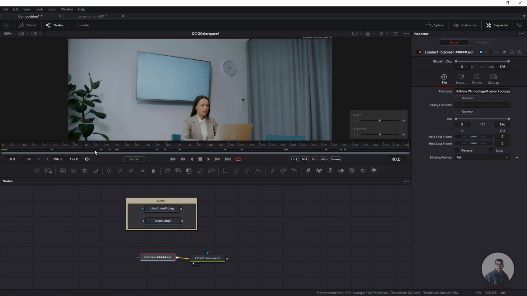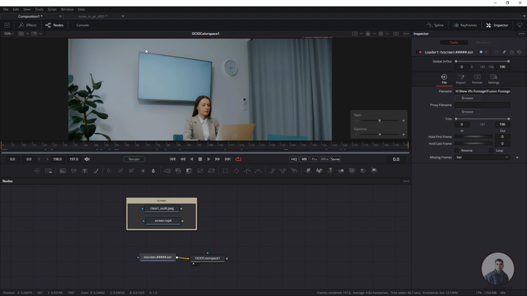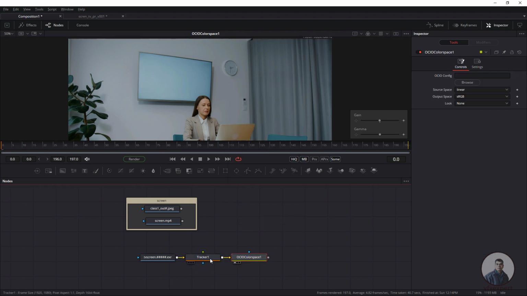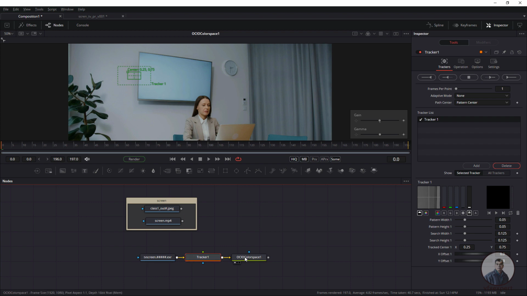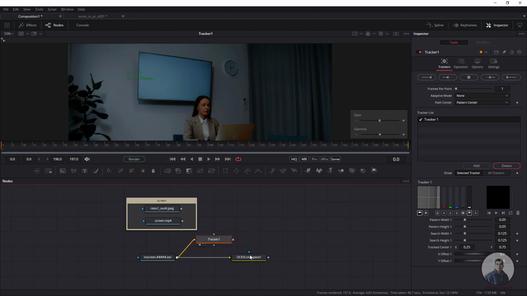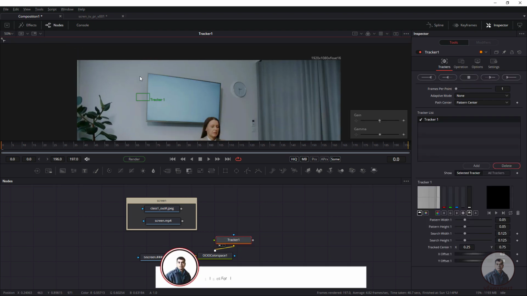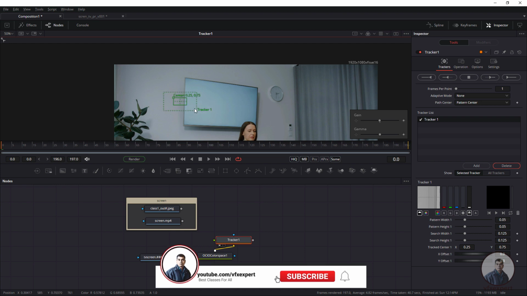Now if we analyze your footage, there are a little bit of movements here. So first we have to track this shot, these screens. For this I am going to use a Tracker node. Again hold Ctrl and space bar, then take a Tracker, select it and click on Add. Then you can connect this Tracker node after this footage, or just hold Shift, extract it here and connect it with this Tracker. Now drag and drop the Tracker into this viewer. Even you can connect it with this OCIO color space. So you can see this here. All 4 corners we have to track.